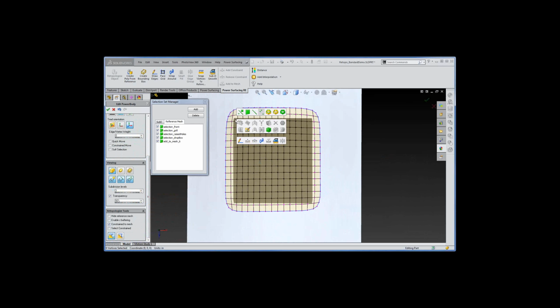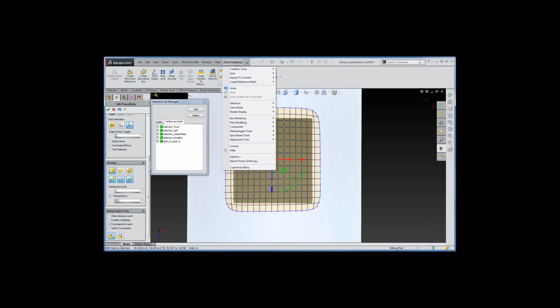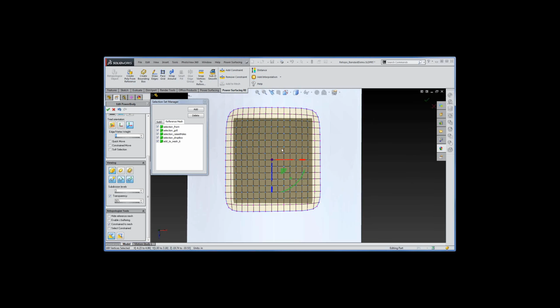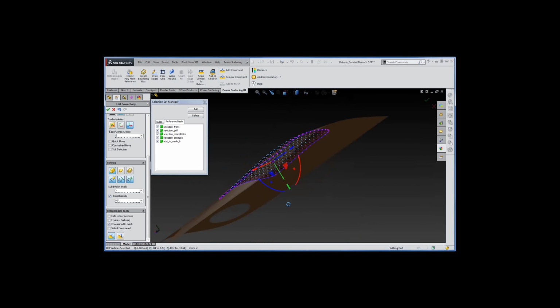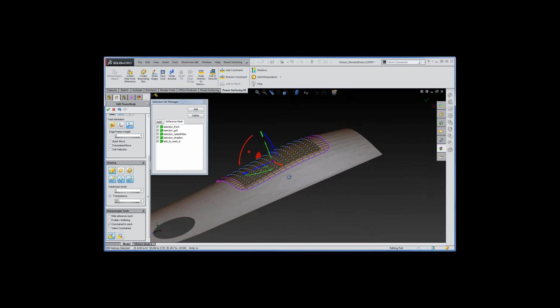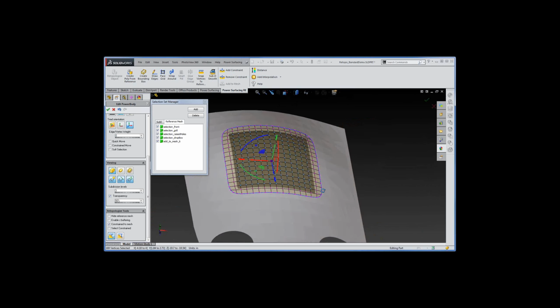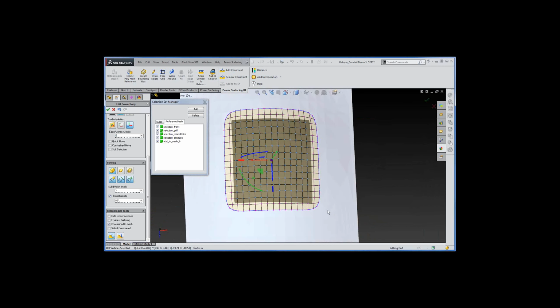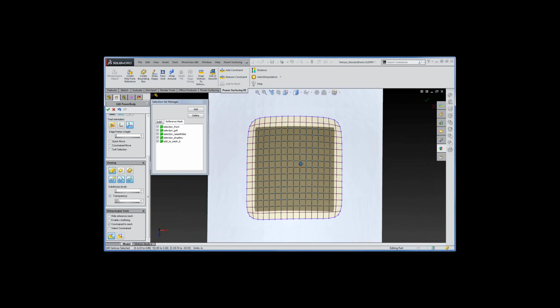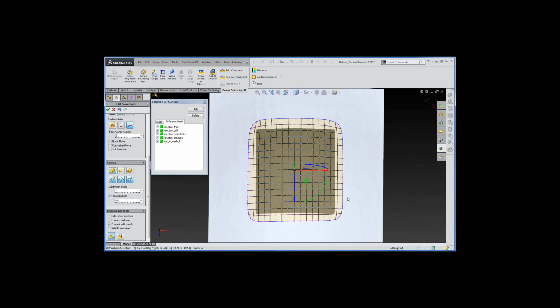So let's select these guys. And what it's going to do is interpolate the curvature it should have from the surrounding one. So we go up to Power Surfacing, Specialized Tools, and we're going to say Curve Selected. You kind of saw it stretch out here, but the profile shows the real result here. So there we go. We've got some really nice ways to prepare a scan,